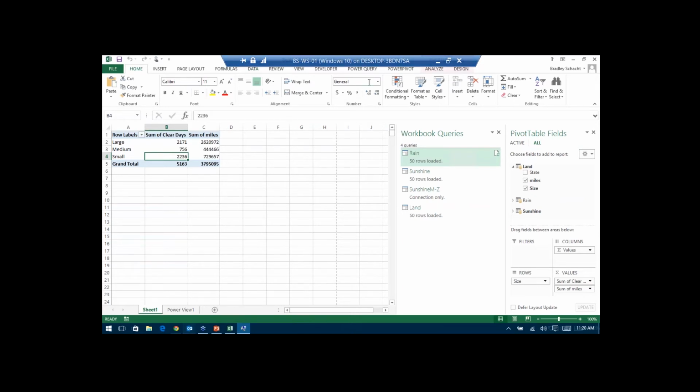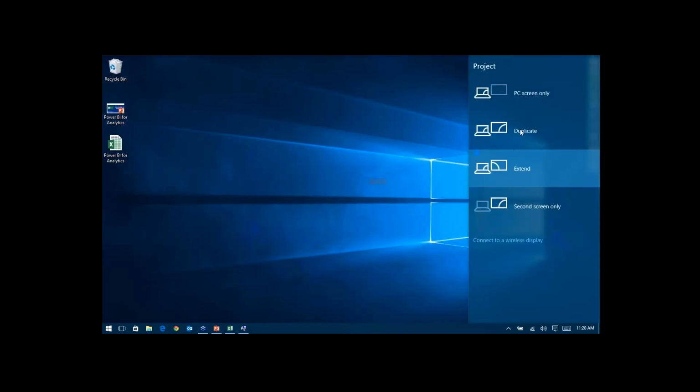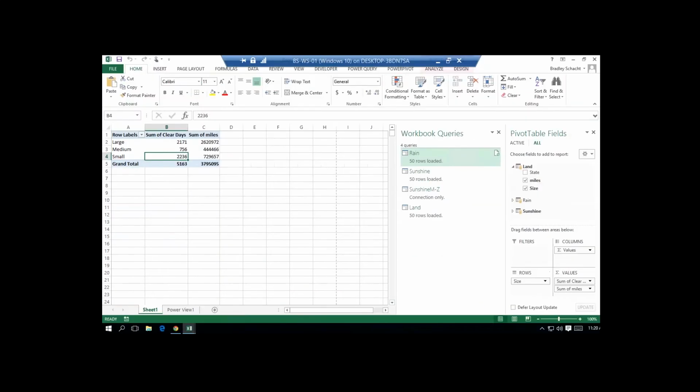Let me duplicate my display here. There we go. What you'll notice up here at the top is I actually have a Power Query as well as a Power Pivot tab. Okay, so in the 2010, 2013 environments, I get two tabs there as opposed to just the one.